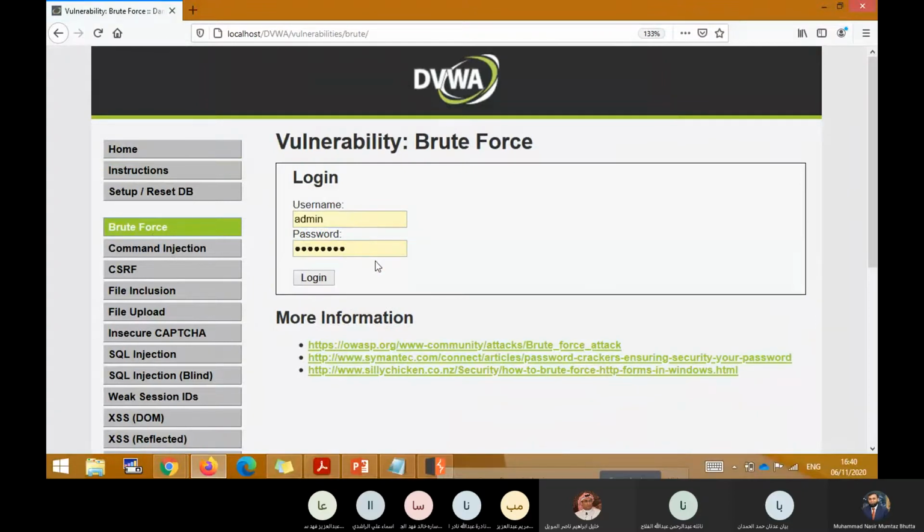Now, the first thing when you want to check any website is that you need to first understand the behavior. If you remember, the first step is reconnaissance and analysis. In analysis, the first situation is that you know the username which you want to hack.